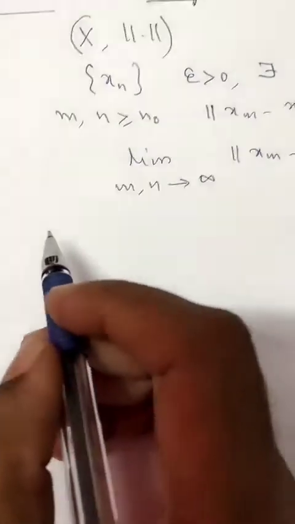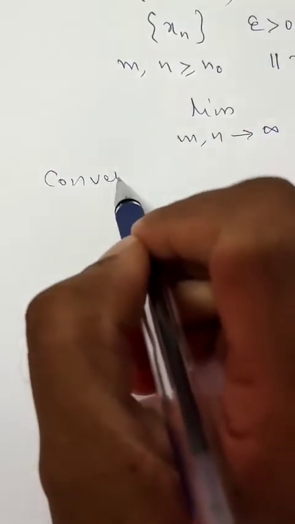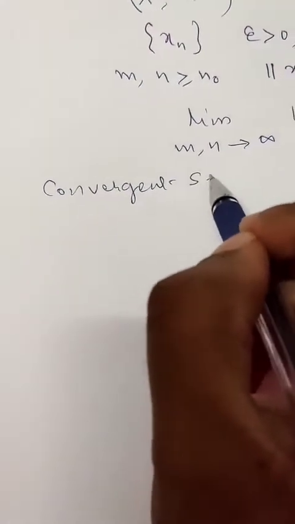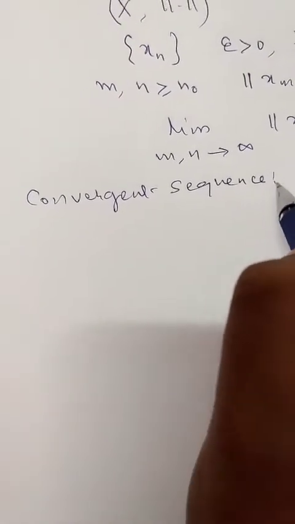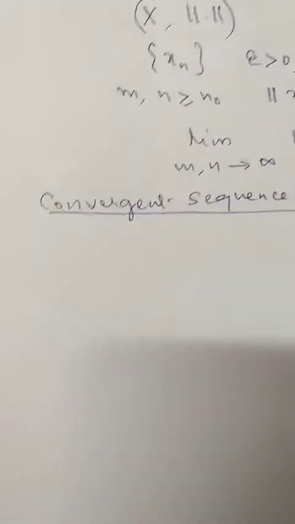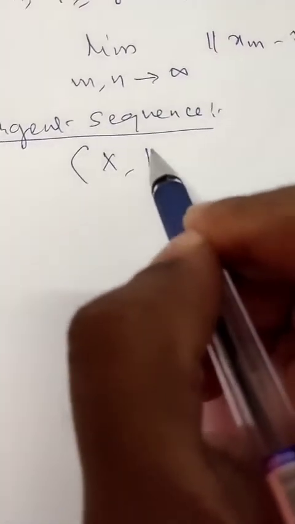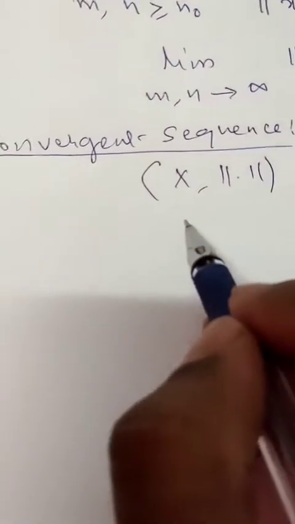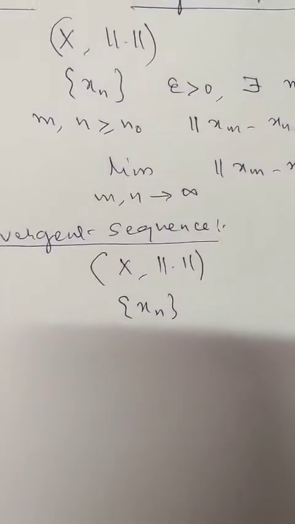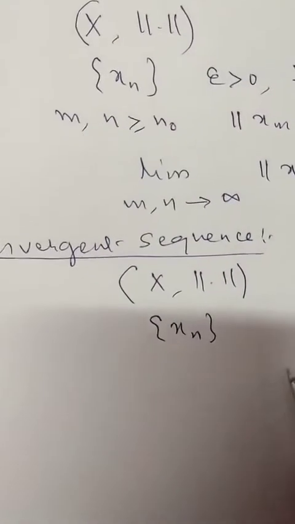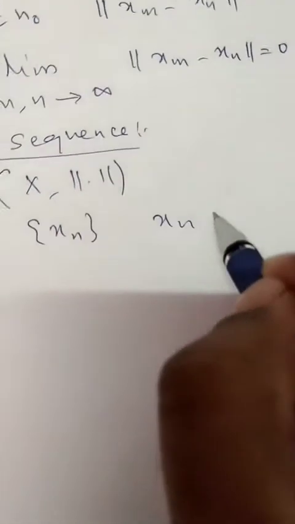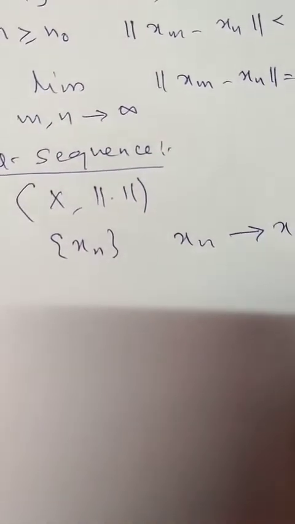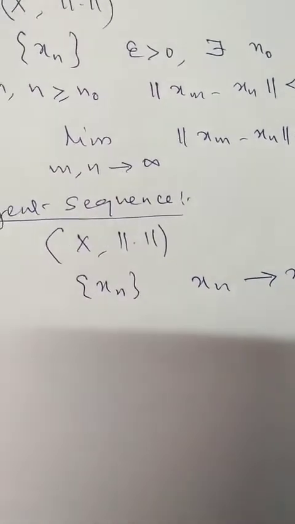And then another important definition is the convergent sequence. So what is meant by a convergent sequence? As earlier, we take X to be a normed linear space. So we have a sequence xn in X. Then this sequence xn is said to be convergent, and to converge to some point x naught belonging to X,